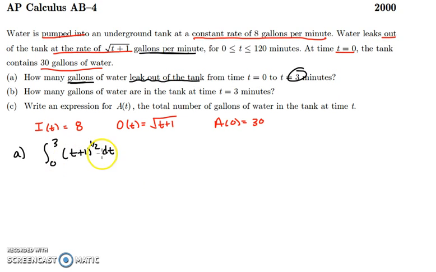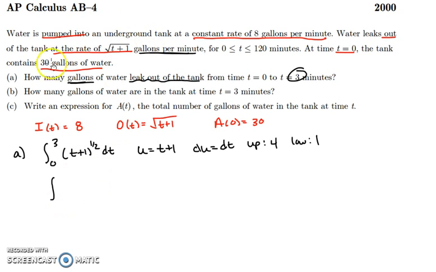Well, we have chain rule, so that's a u substitution. So u is going to be t plus 1, du is going to be dt. Our upper limit is going to be 3 plus 1, which is 4. Our lower limit is going to be 0 plus 1, which is 1. So we can rewrite this integral as